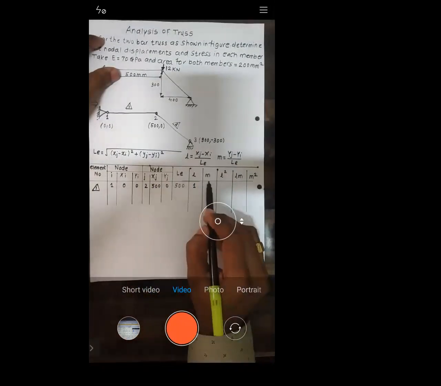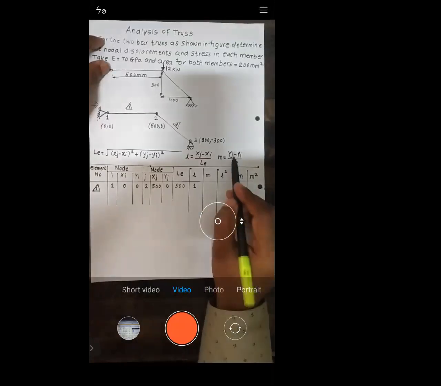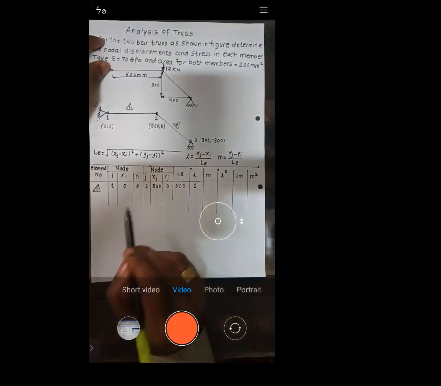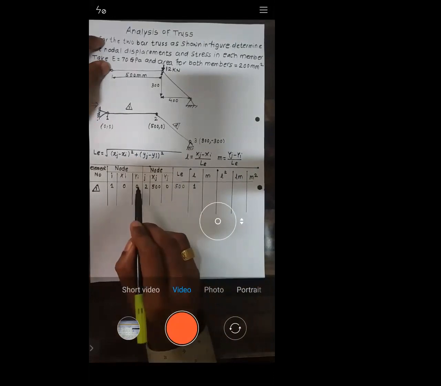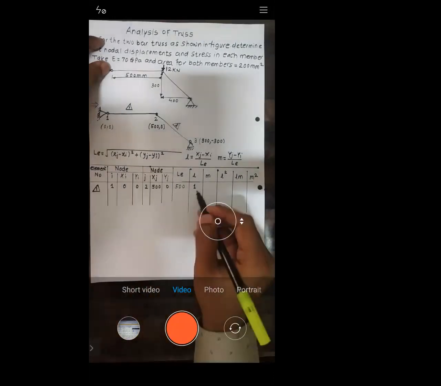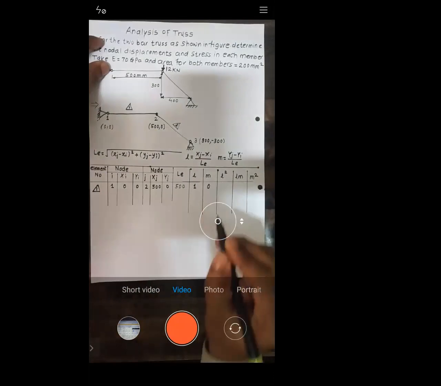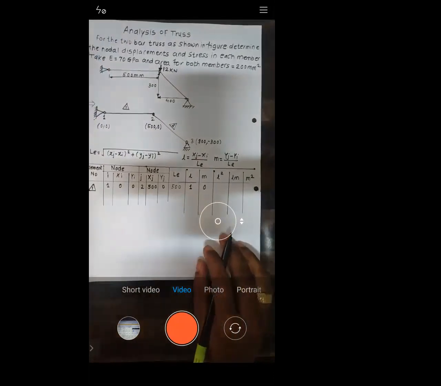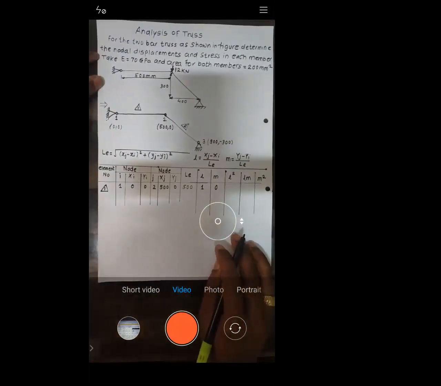Next, m you do m. Yj minus yi by le. Right? Yj is 0. Yi is 0. 0 minus 0 by 500. What do you get? You'll get 0. Is it okay or not? Let me know. Is it okay with this one? So once again,